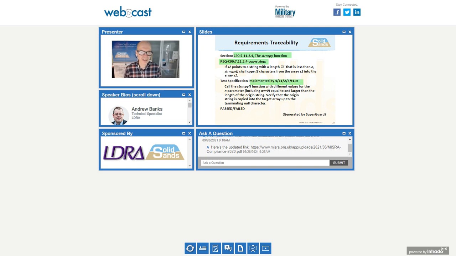And linked to that requirement, we have our test specification, and that test specification is implemented by a specific test, and that test has a path into the test suite that is also provided there. And then we find the text of the test specification. And finally, at the bottom, we find a pass or fail status that is the result of the test. So this is the textual output of the